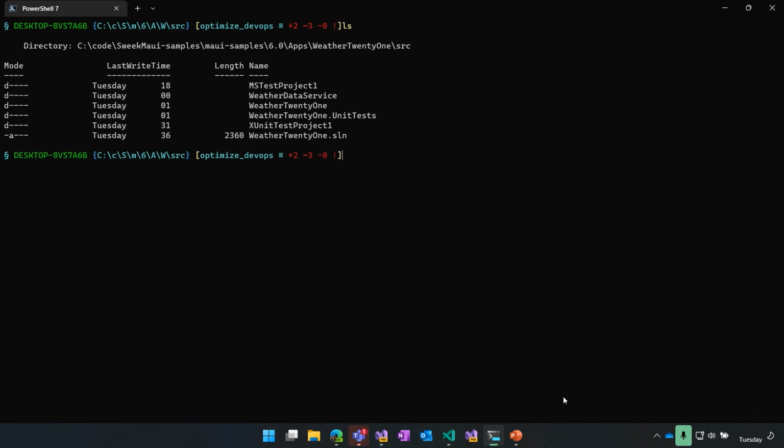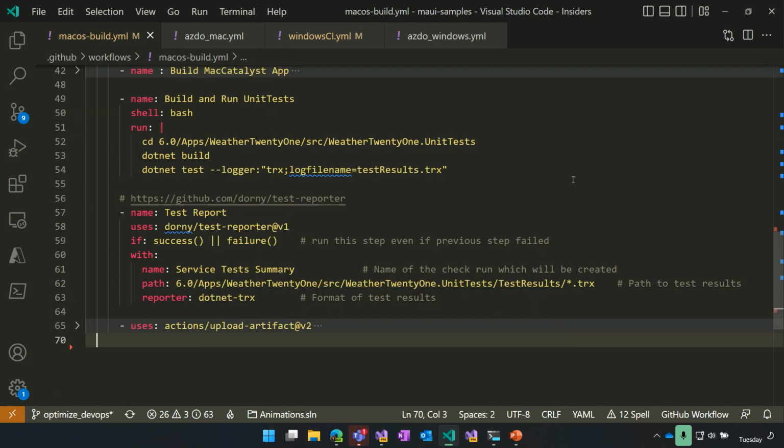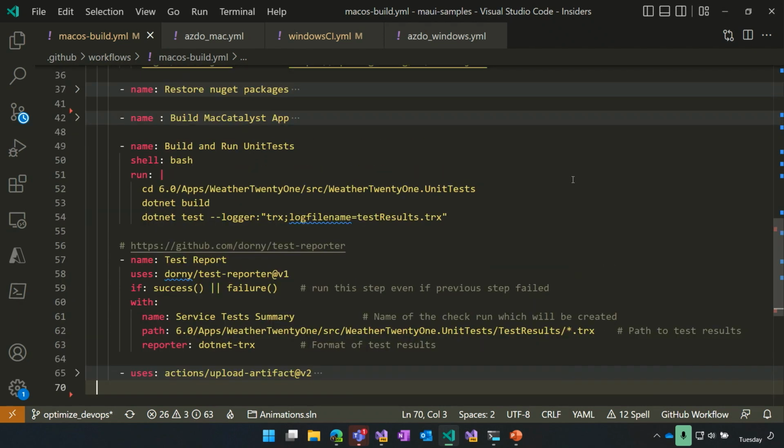So for the unit test, what I've done is I have now gone in and updated my pipelines. To update the pipelines, we're going to add 2 new tasks. And again, right now, this is building and running the tests in a different task. I like to build and run my unit tests as a different task, so then I can place it in different parts of the DevOps pipeline.